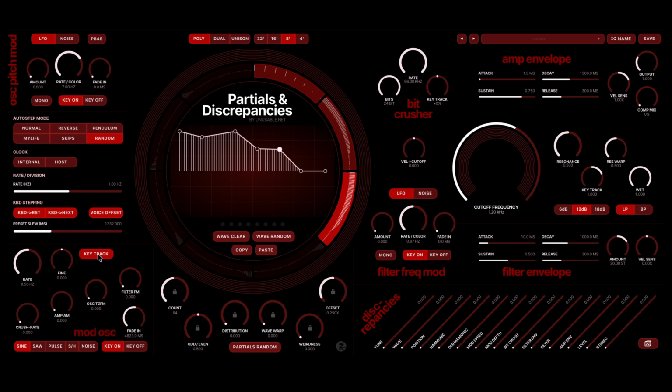And maybe fade in a bit of FM modulation on it for a few of these. Now let's add a reverb to it and see if